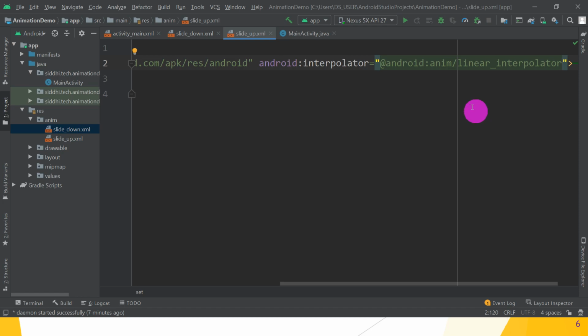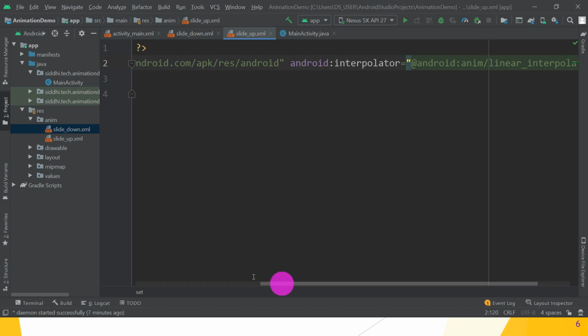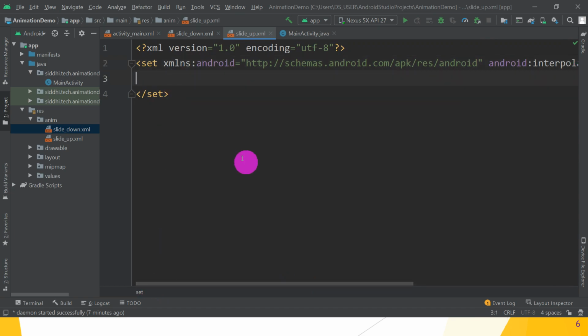Great. So after that, next thing is use the scale tag.